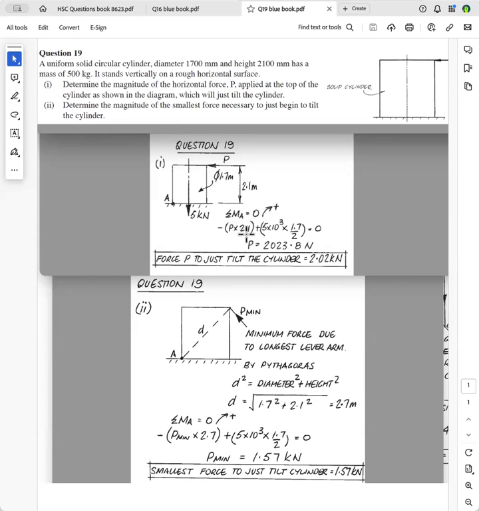And so we've got P times 2.1. Now the height of the cylinder is 2.1 meters given to you in the question, and that's the perpendicular distance between that force and that point there. And that's going to rotate anti-clockwise. And then you've got this force balancing it. So that's 5 times the radius, which will be 1.7, which is the diameter, divided by 2. That force multiplied by that distance, and that equals 0. And so the force P to just tilt the cylinder is